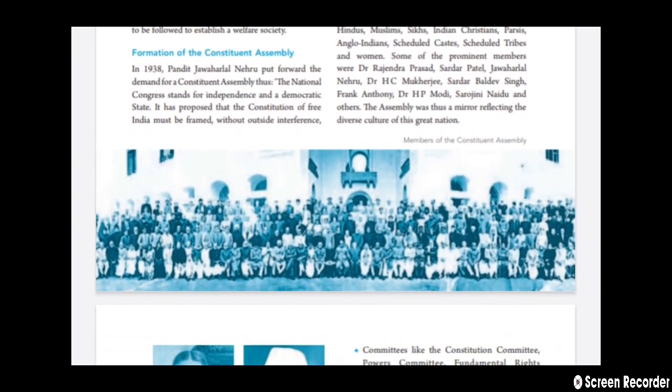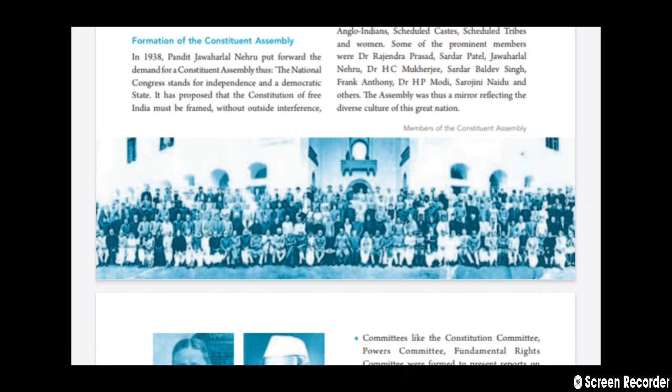Next, formation of the Constituent Assembly. In 1938, Jawaharlal Nehru put forward the demand for a Constituent Assembly. Thus, the National Congress stands for independence and a democratic state. The National Congress was standing for an independent and democratic state during 1938, and it proposed that the Constitution of